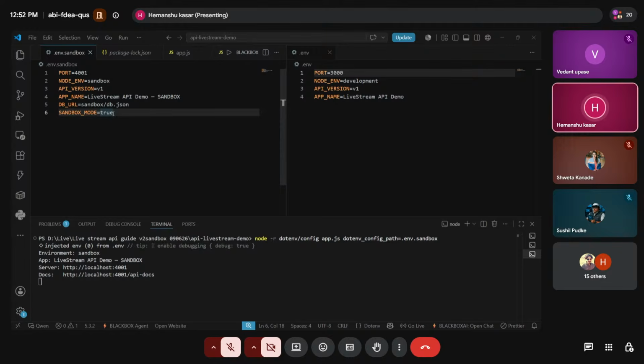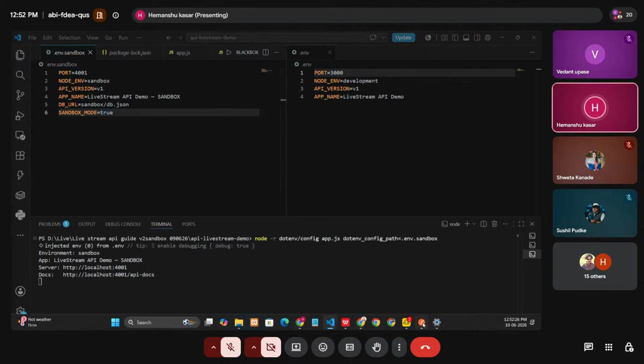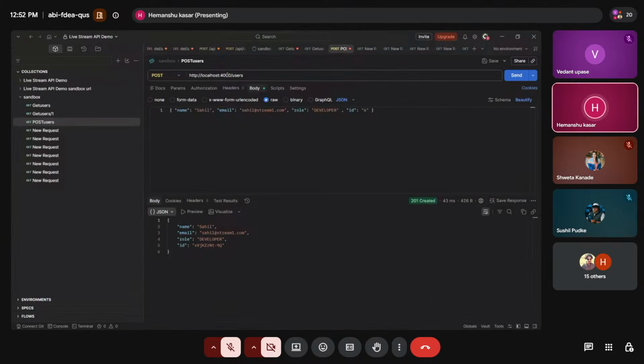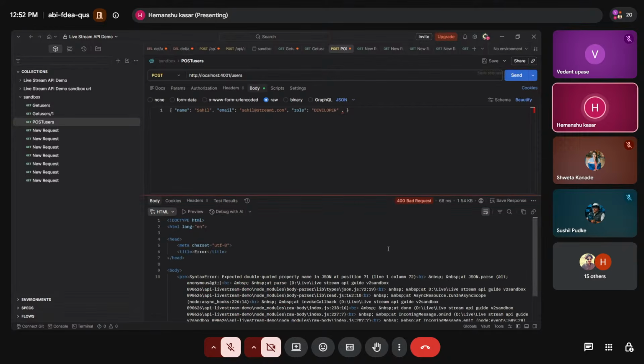This is exactly how payment companies like Razorpay give you the test mode versus the live mode. As I show you the test mode, on this particular 4001 URL, we are able to get the responses, and that particular data has been added to our